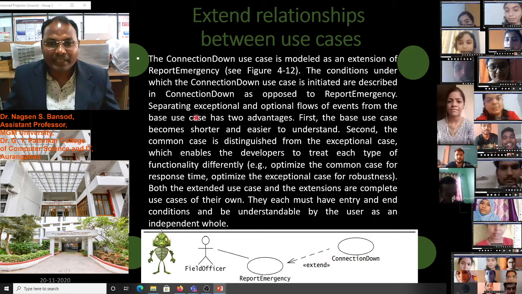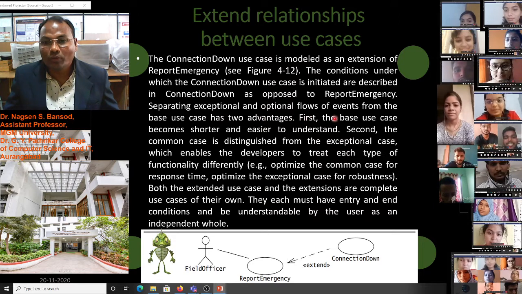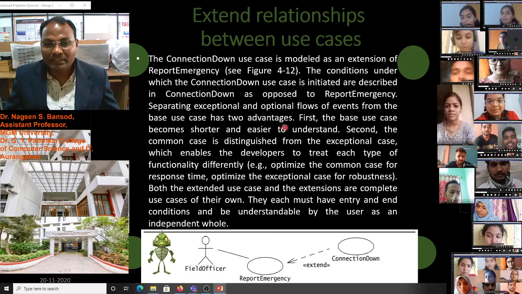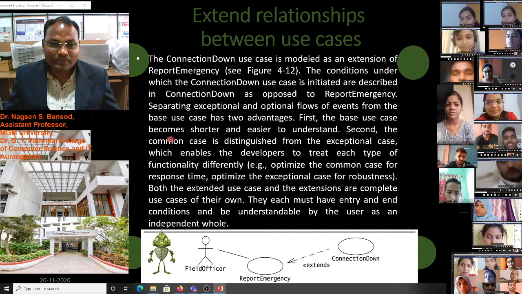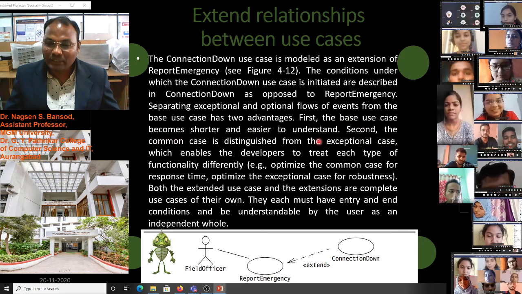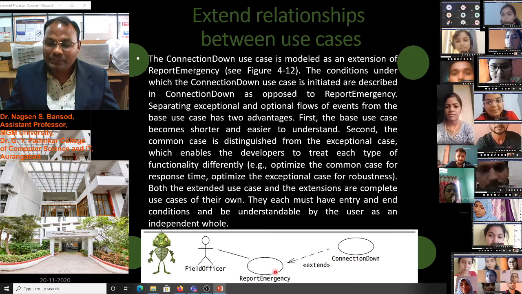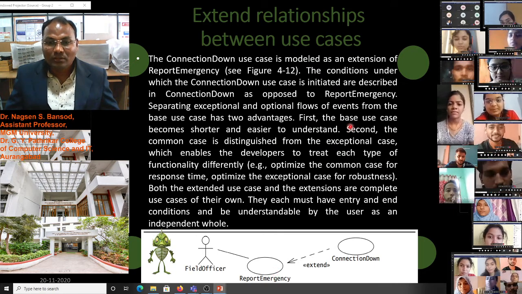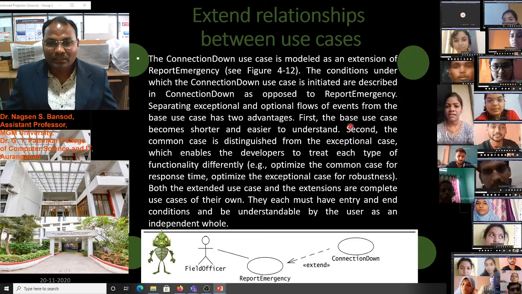Similarly, separating exceptional and optional flow of events from the base use case has two advantages. First, the base use case becomes shorter and easier to understand if we use the extend use case.